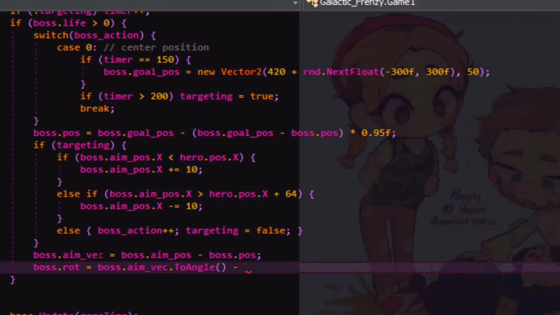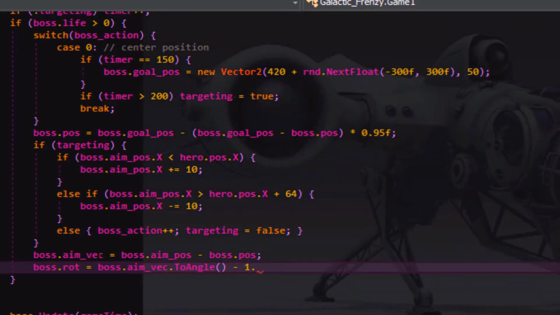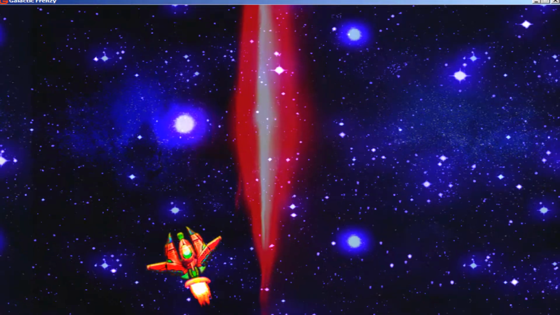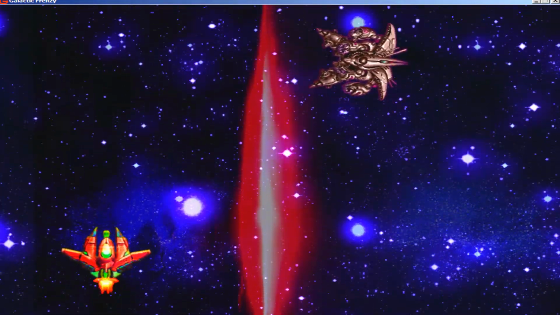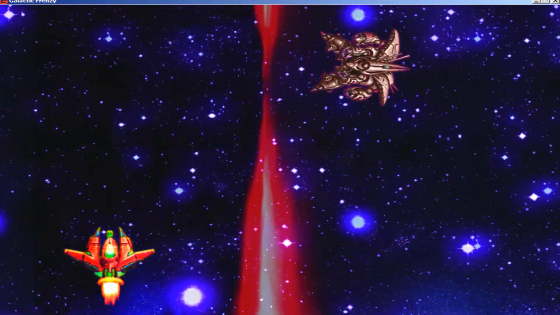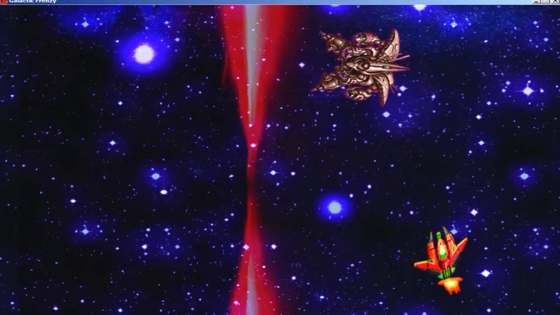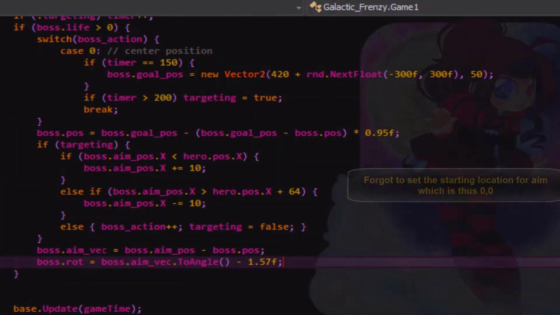And you may have to play with this value, it depends on how your character's rotated or how it is in your sprite map. I'm aware from experience that this would be a negative 90-degree adjustment, so negative 1.57f. And we should see him rotate in the direction of the character now. So I'll just try that out. Let's go over to the side here so he has to aim this way. He's targeting the wrong way. Not sure what I did wrong there.